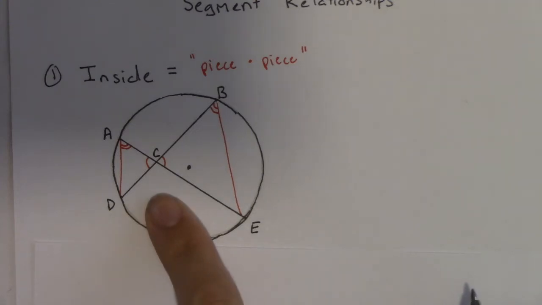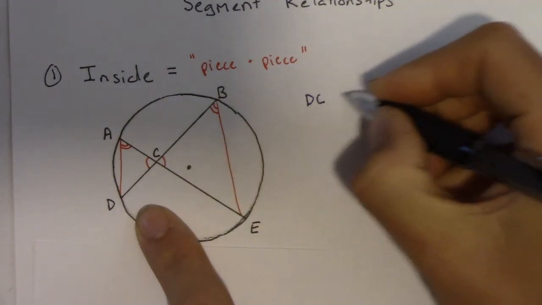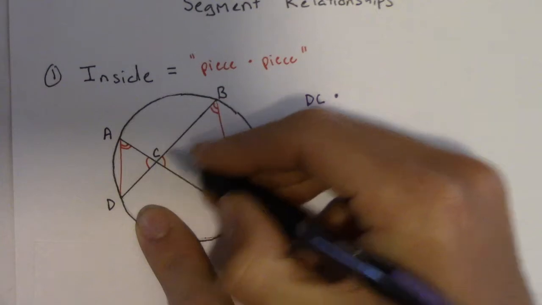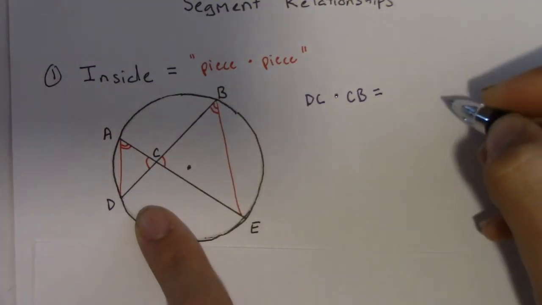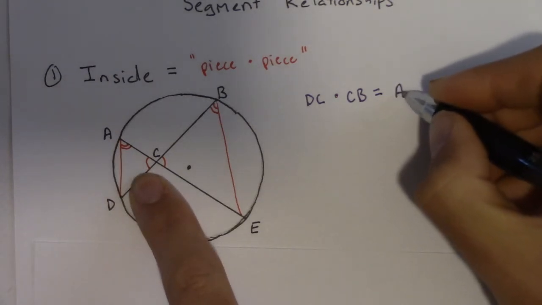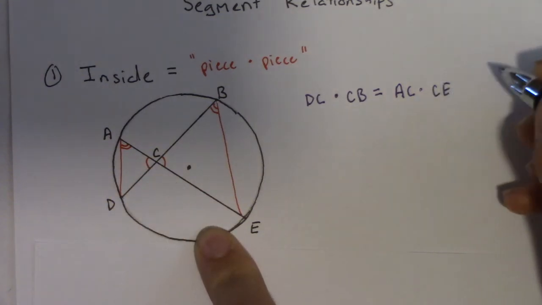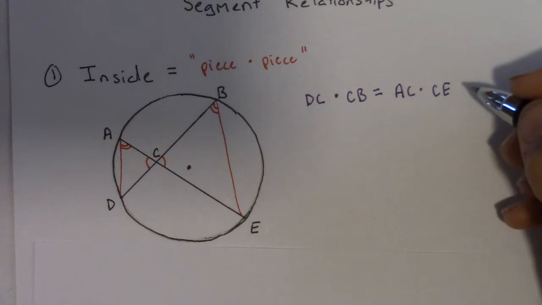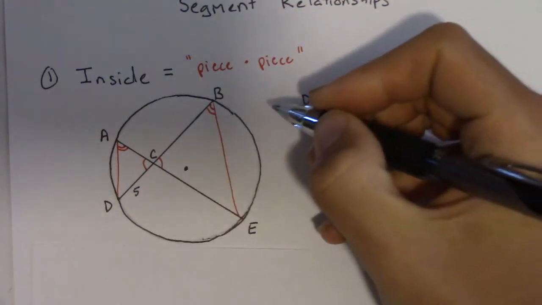If I look at this picture, DC is the first piece. Times that by CB, and that'll be the same for the other piece. A to C times C to E. Piece by piece. So for example, if I threw some numbers on here, say I said DC was 5 and